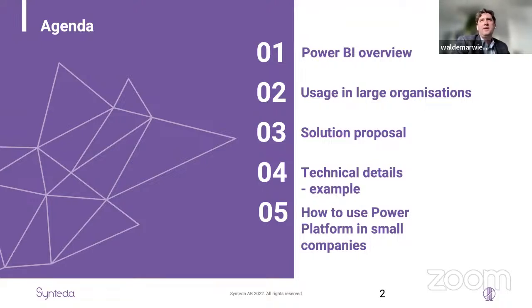Then I will say something about the large organization, what kind of difficulties they can experience and how to solve them using a tool like Power BI. Then I will present the solution proposal, how we can solve it. And in point number 5, I will show you some technical details, how to use it, I mean, how to operate. I prepared a very simple, short pedagogical example. We can go through the whole process very briefly, just to give you a hint where, of course, to look for materials. And the last point is a little bit something extra, some bonus.